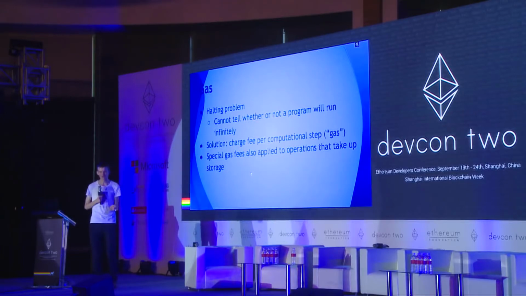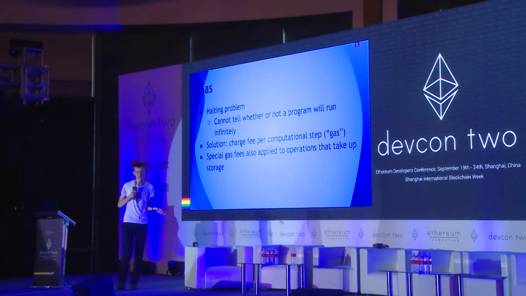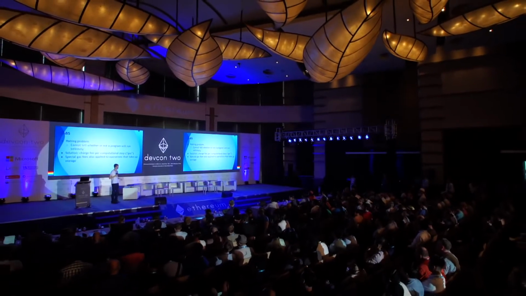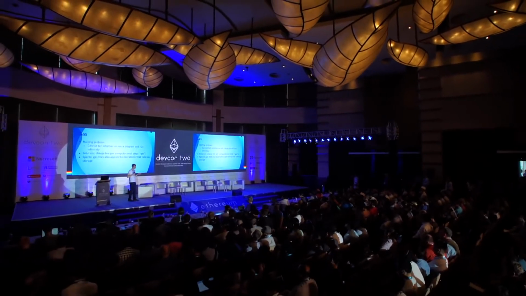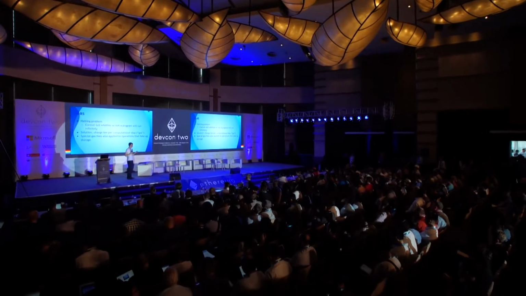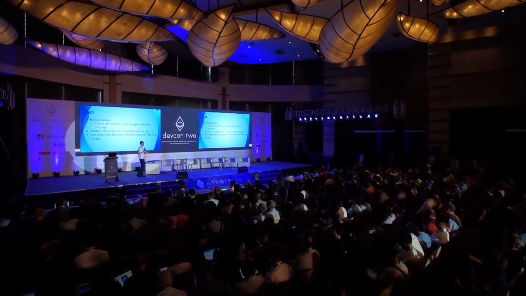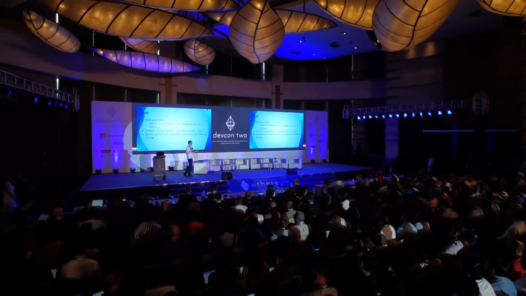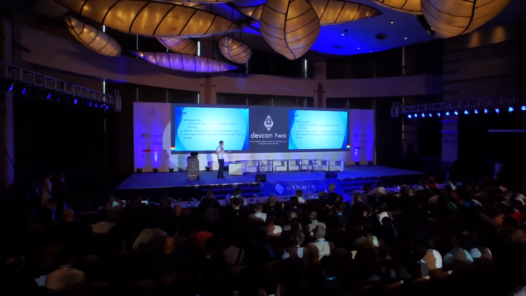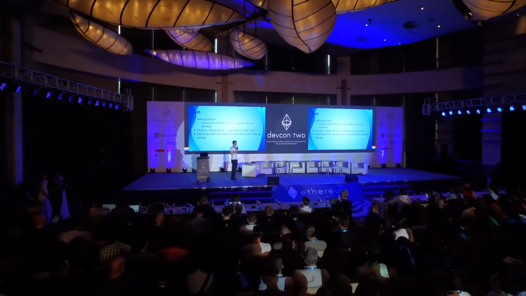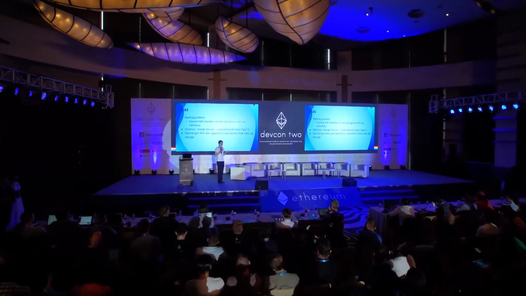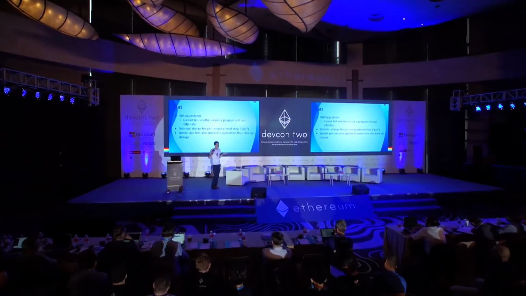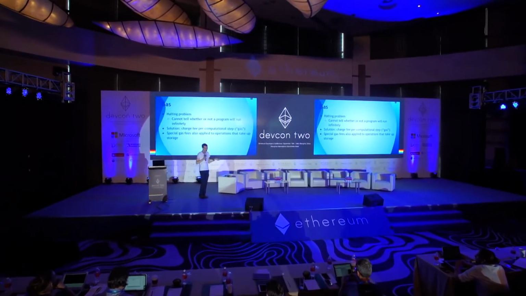Now, there are other blockchain projects that try to solve the problem with timeouts. So they say try executing the code for 1 second, and if after 1 second it's still running, then you halt. The problem with this approach is that it's not deterministic. So one computer might take 0.9992 seconds to run a particular piece of code. Another computer might take 1.0008 seconds to run a piece of code. And if the two disagree with each other, then your blockchain has a fork. Gas, completely deterministic computational resource control.